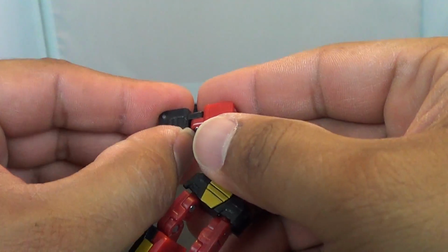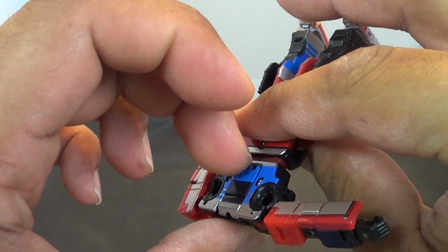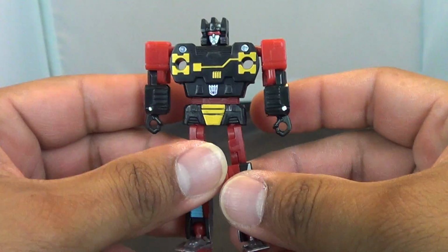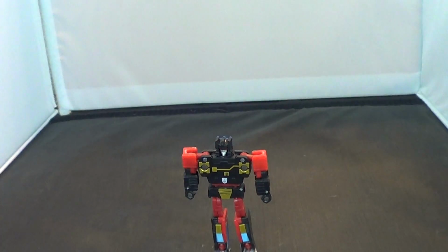Nice little, come out of there, come on. And on the back here, you just want to take this, flip it up, and twist his head around, and there you have Frenzy. So much better than those cassettes we got with the Fall of Cybertron